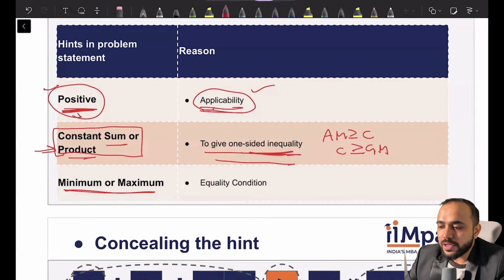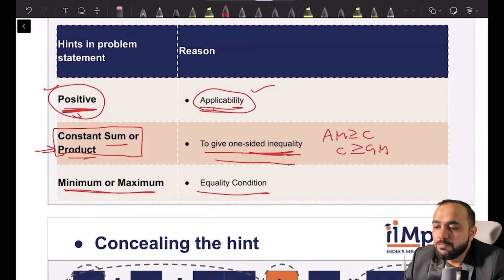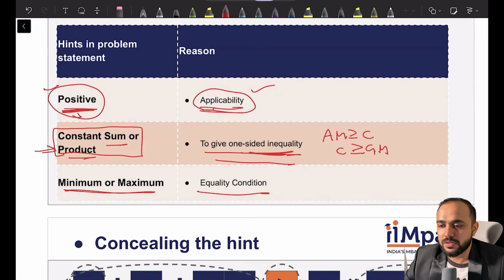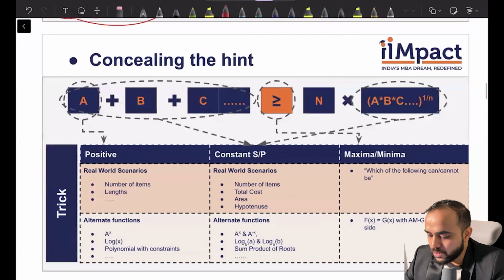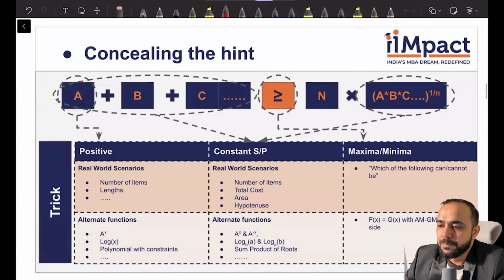And generally what is usually asked is when the equality condition is going to get respected. However, I have already told you there are two types of questions: find the value or find the number of solutions. So in the number of solutions scenario, this thing is hidden well,